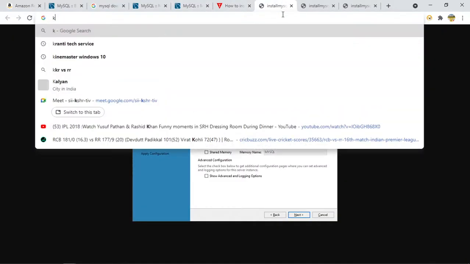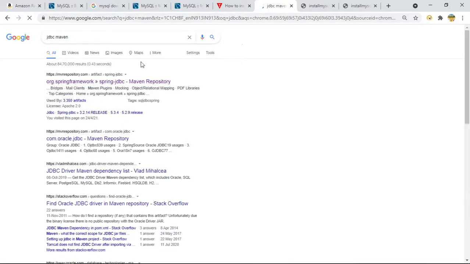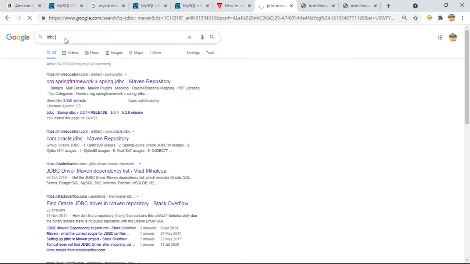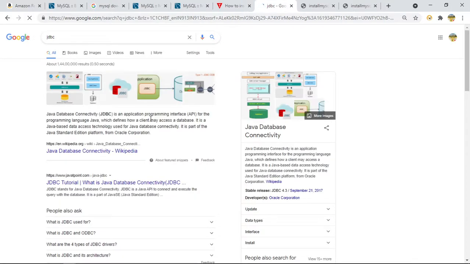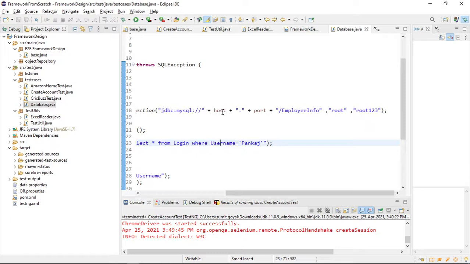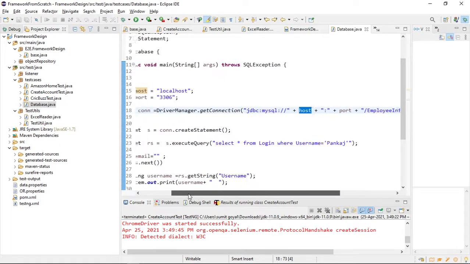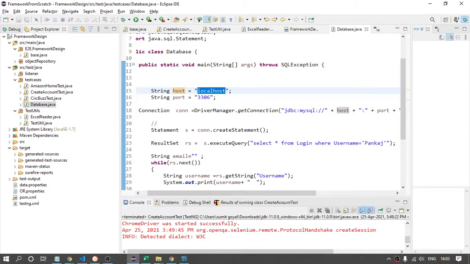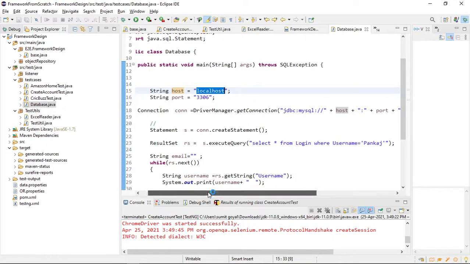So it is an API. So you can say JDBC. Basically, we are working with JDBC so that we can fetch the data from the database, right? It is an API which defines how a client can access a database. So we are using JDBC with MySQL, and after that, what is this one, host? Host is nothing but my local machine. As of now, I am having a local machine, because this is installed on my local machine, not any server, and this is the port.